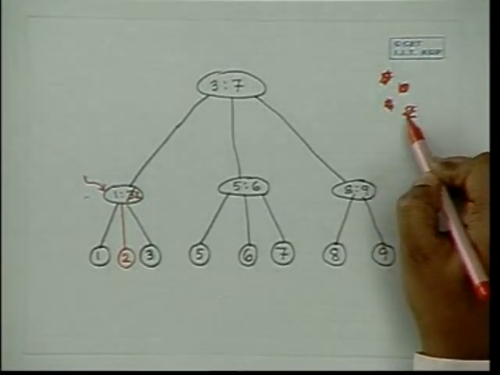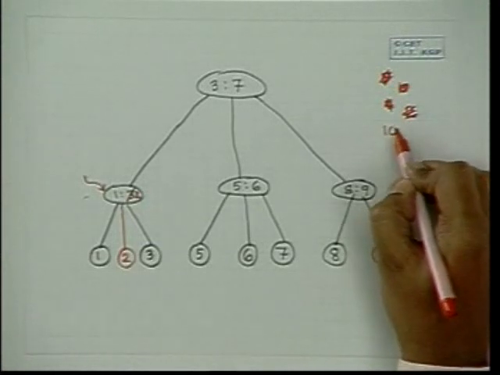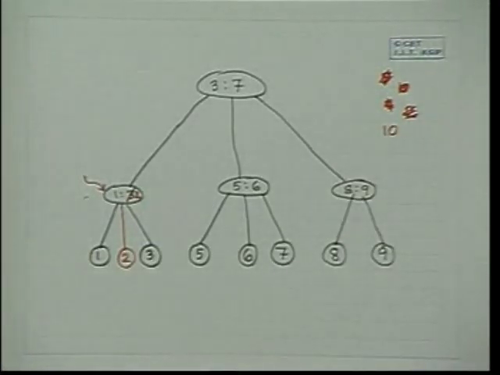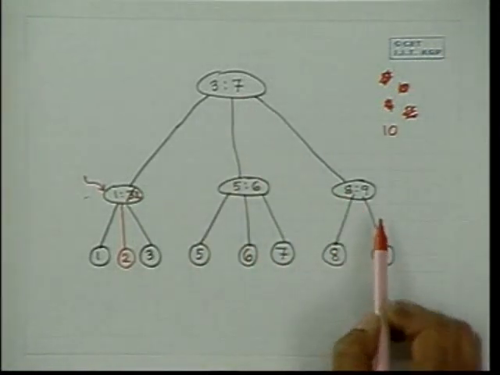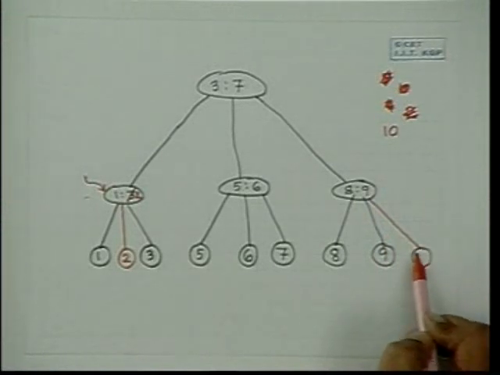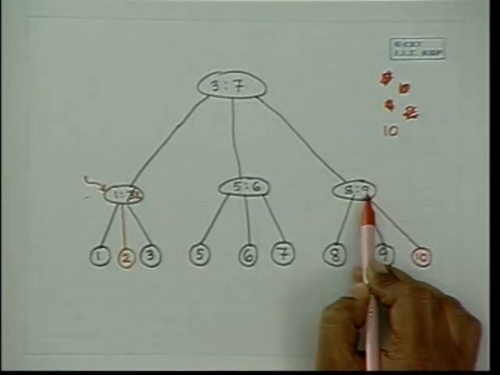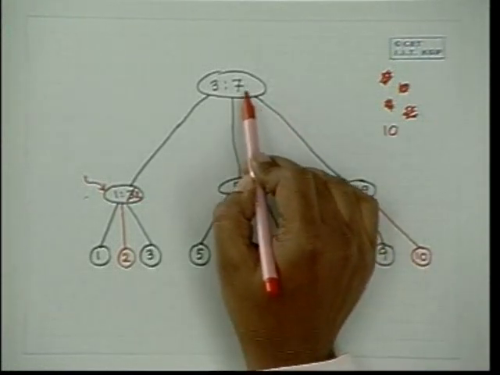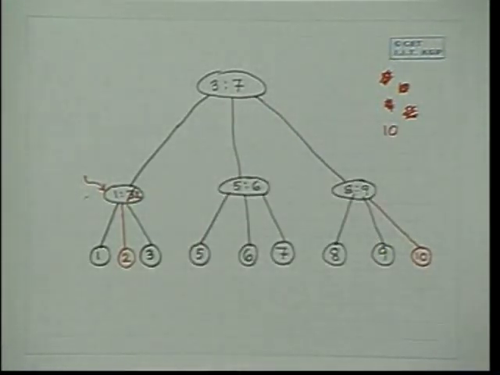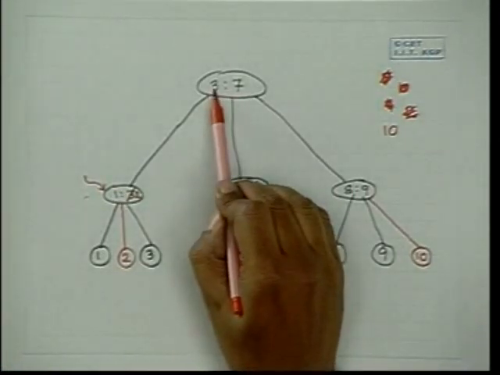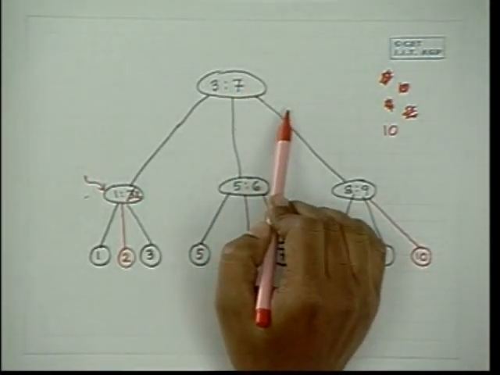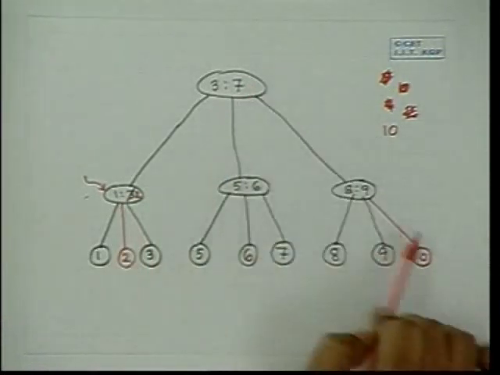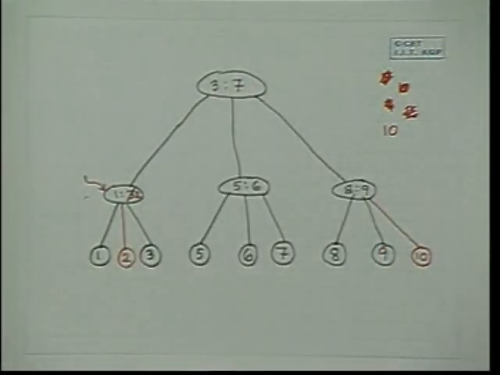Suppose you want to insert 10, then what would have happened? Move here, 10. Nothing happens here, nothing happens here. You are storing the maximum on the left and the maximum on the middle. Suppose you stored the maximum on the right also, then you would have had to update 10, but this will be sufficient.